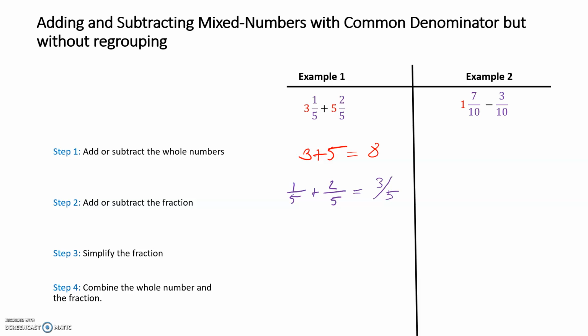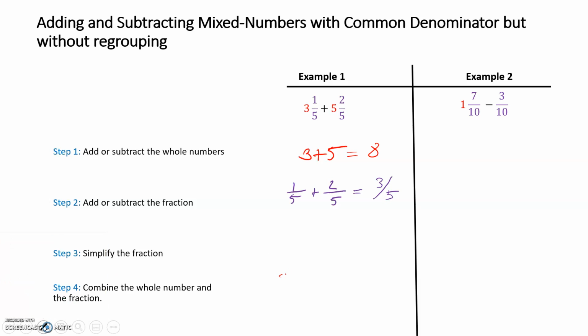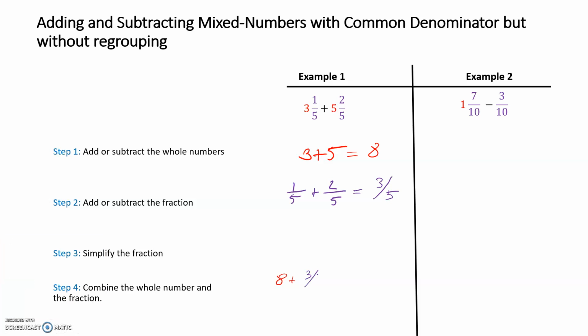Now we're going to simplify the fraction. This 3/5 is already simplified, so I don't need to do any. I can skip step 3 in this particular example. And then the last step, I'm just going to combine the whole number with the fraction. So I have 8 plus 3/5, and that's going to get me